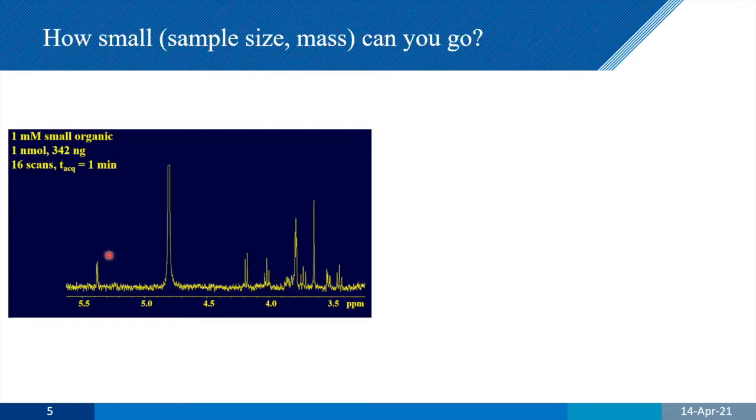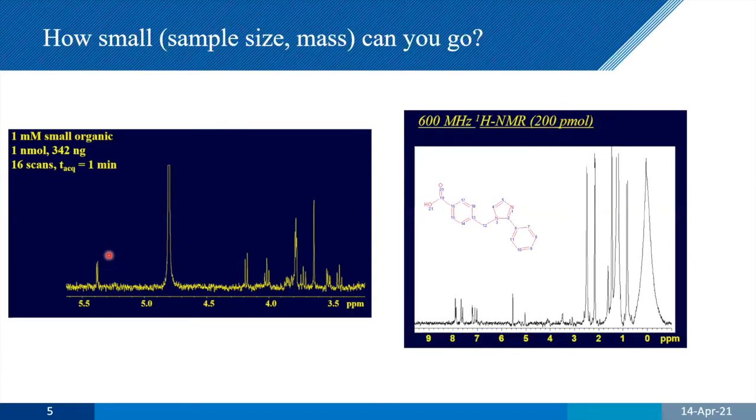And let's take it further and look at, well, why would we want to do this from a practical point of view? We can take it from nanomole down to picomole. And this is some spectra that were taken from a combinatorial chemistry experiment where you basically synthesize tens of thousands of compounds in very, very small amounts, and you want to get the NMR spectra. You can't do that if it's going to take forever. And so here we are down at the picomolar level. And this is new areas for MR. We haven't been able to see this.